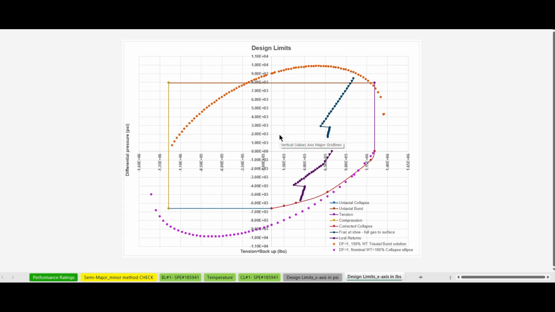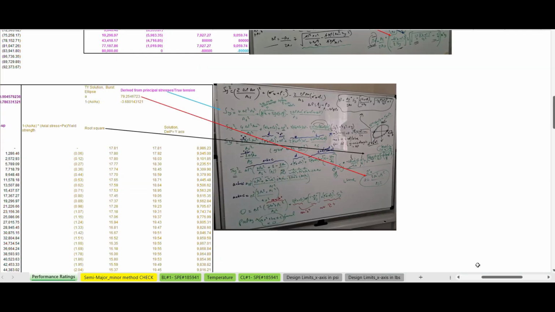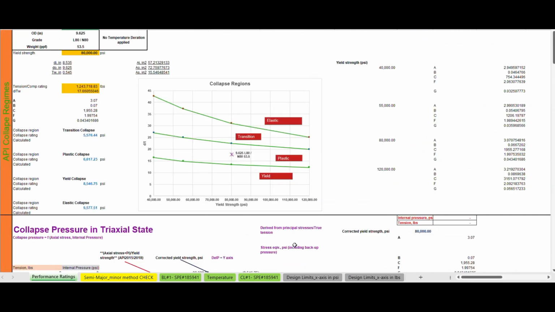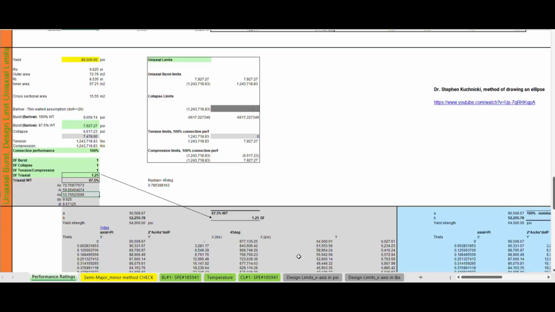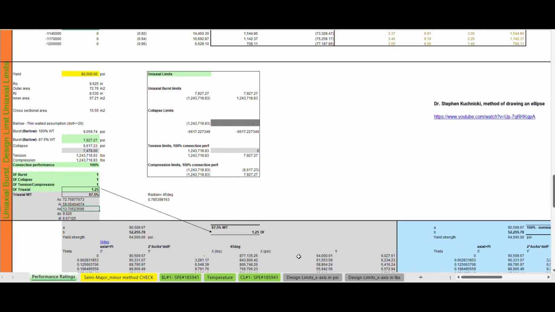But again, this is a quick check of the load cases, and also a good double check of how the design limit plots look for a given yield strength pipe with the given geometry, nominal wall thickness, outer and inner diameter, and the collapse regimes, plus how the ellipse behaves in tension, with a given tension, and then how the ellipse behaves with different wall thicknesses,